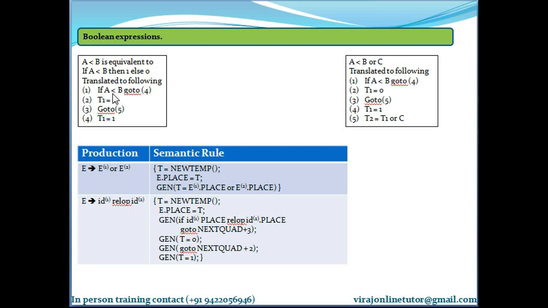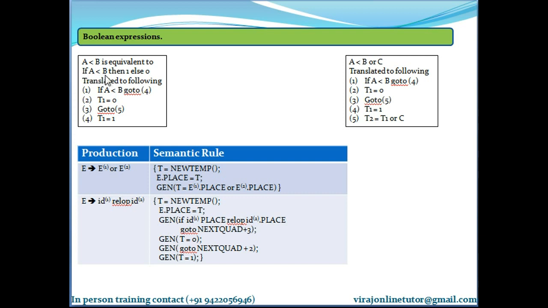If A < B, go to 4, and in 4 I am assigning 1 to the temporary variable. Otherwise you assign 0 to the temporary variable, and after I assign 0 to the temporary variable, go to 5, that is, go to the next statement after 4. Clear? So I have converted this if else statement into 3 address code in this way.